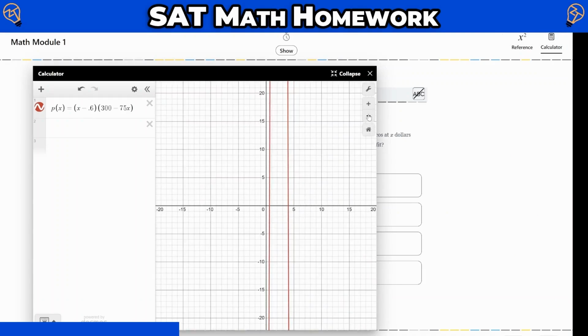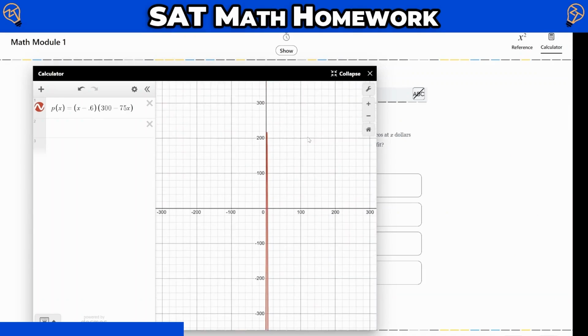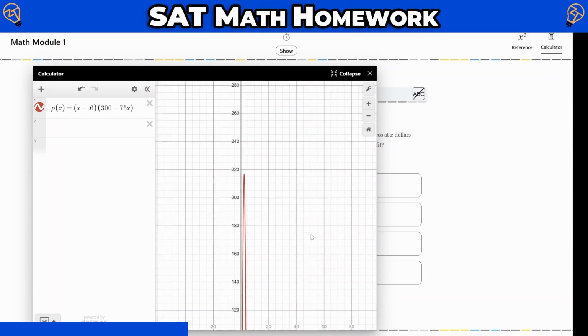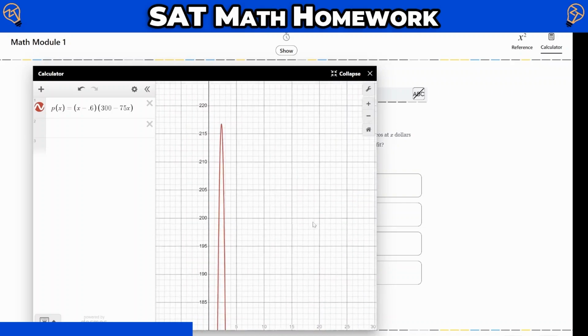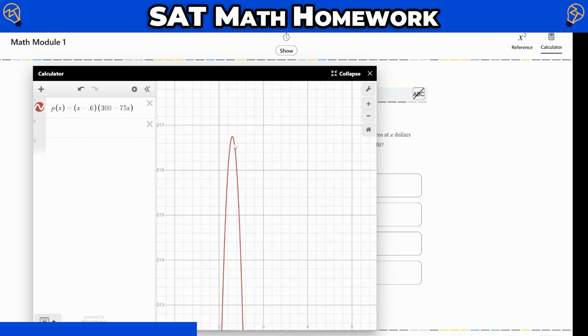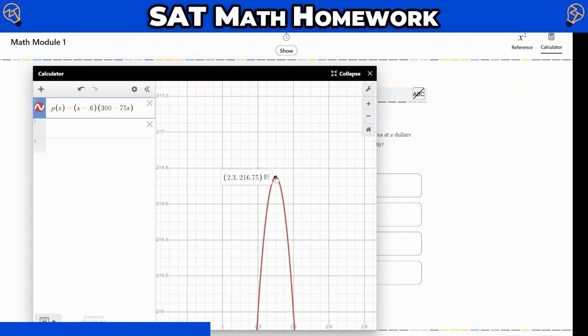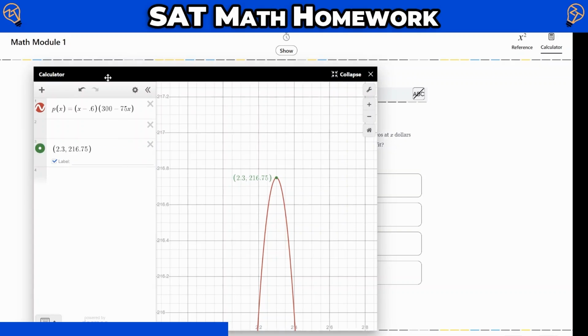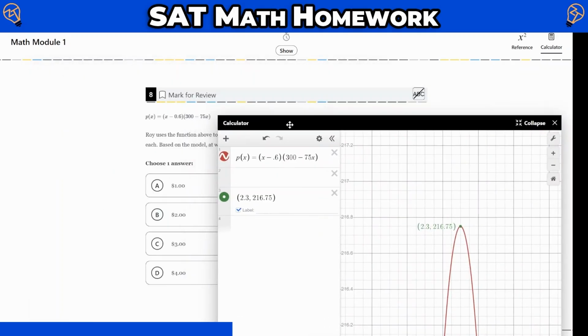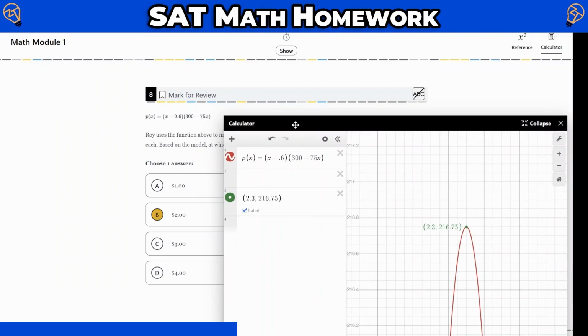I'm gonna zoom out a bit, and I can see that it's a parabola, and so let me zoom in really on that specific peak point, in other words, the maximum. And we can see that the maximum occurs right around $2 and let's see here. Click there, I think it's there. So let's click this and then label it so we can see it really nice and clear here. So it's at about $2.30. And so we'll look for which one's closest to that, which ends up being answer option B,